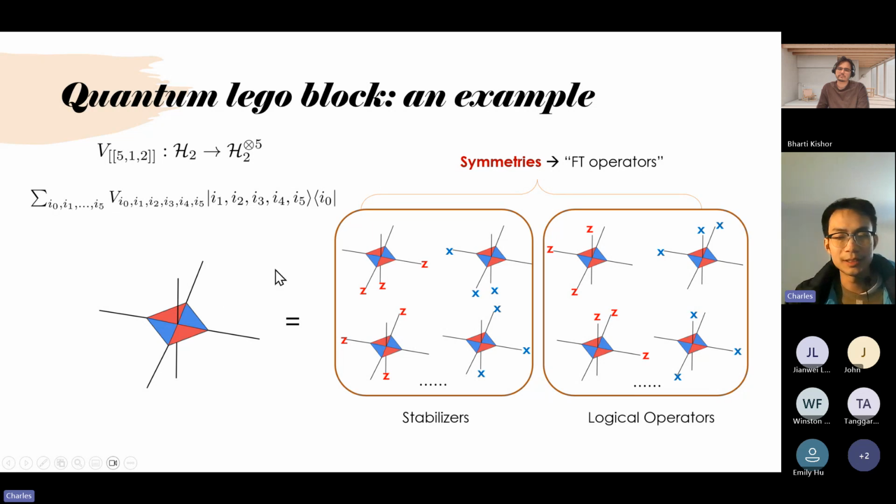And the stabilizers and the logical operators of this code are just manifested as symmetries of the tensor. So for example, if you act ZZZ on these three qubits, it's going to leave the object invariant. It's the same as if you contract some tensor that's associated with the Pauli Z on these 3 legs, on these 3 indices, then you're going to get back the tensor itself. Okay. Now,